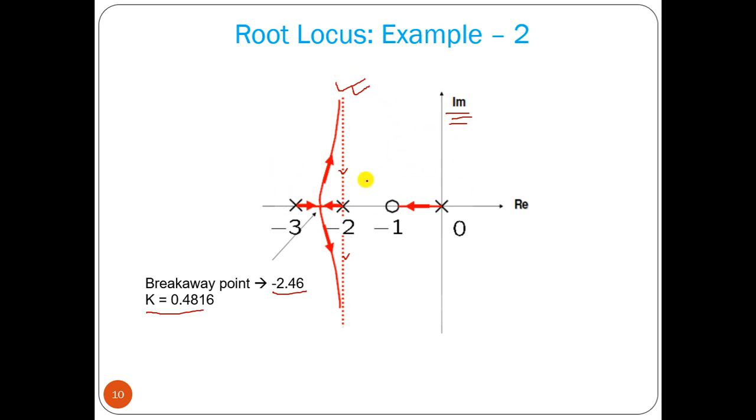Now from that plot we can say that this system is absolutely stable, but we have a pole at 0. This system can't be unstable because the root locus is not going into the right half plane. So it is an absolutely stable system, we can predict. As k goes from 0 to infinity, this pole moves to this zero, and these two poles come to this point, then break away and approach the infinity zero along this asymptote line.